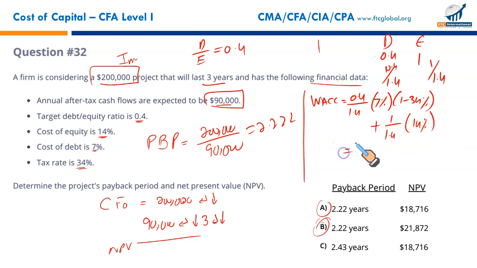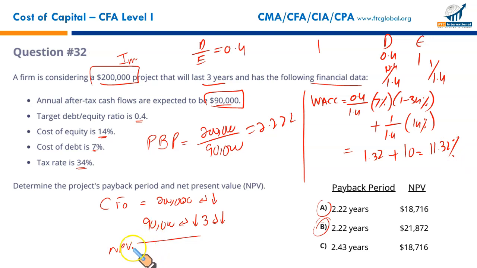Let me calculate this one. 0.4 upon 1.4 times 7% times 0.66 gives me 1.32, plus 1 upon 1.4 times 14% gives me 10. So your weighted average cost of capital is 11.32%, and that's what you will use for calculating your